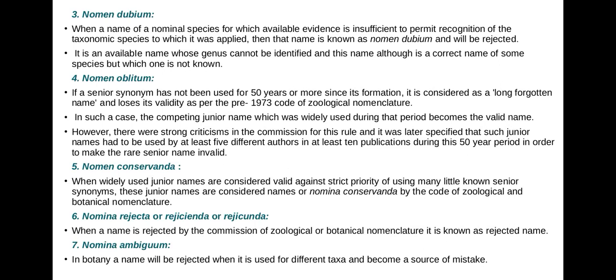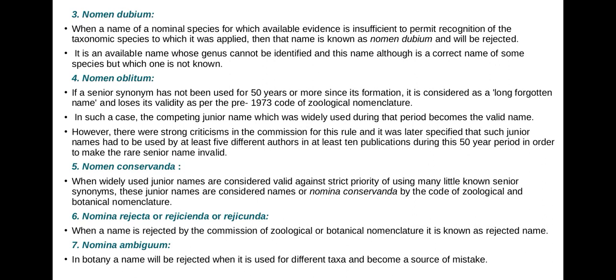Then nomen dubium: when a name of a nominal species is one for which available evidence is insufficient to permit recognition of the taxonomic species to which it was applied, that name is known as nomen dubium and will be rejected. If this is an available name whose genus cannot be identified, and the name is a correct name of some species but which one is not known, then